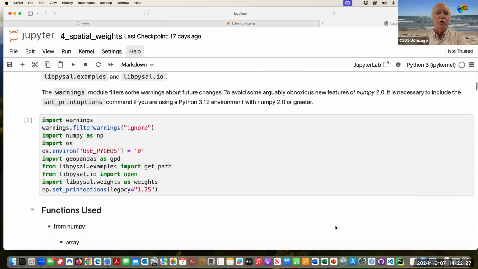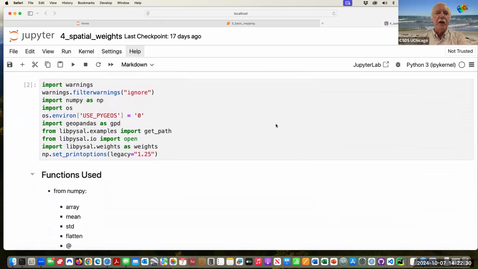So we'll use quite a bit of functionality. We'll use NumPy, we'll use GeoPandas, we'll use a sample data set again. We'll use I/O to read the weights files, and we use the weights functionality from libpysal weights. So rather than writing each time libpysal weights, I will be writing just weights, right? And then this last thing is